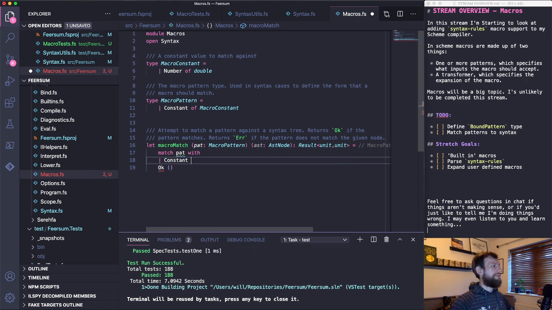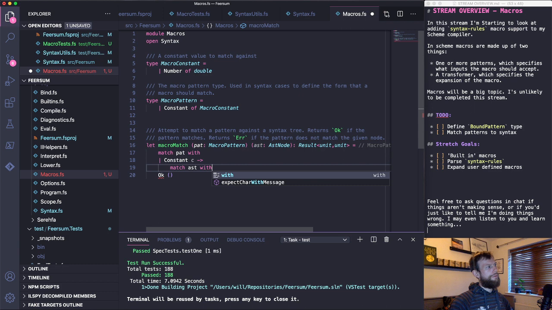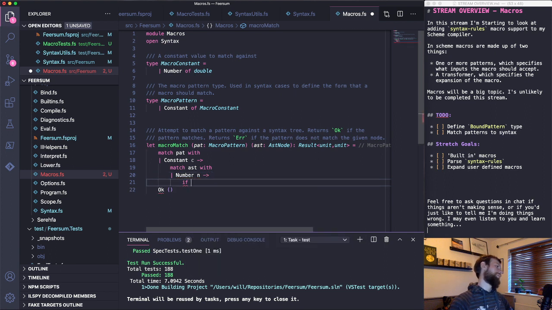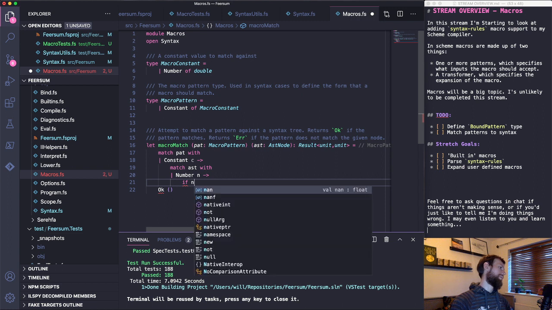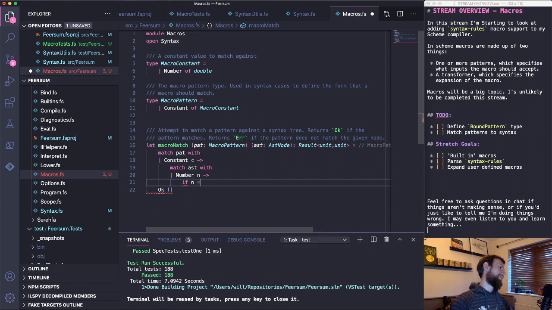So if it's a constant, then we need to say if it's a number, and then if it is a number, we can go n. If the number is equal to the constant value we were given,